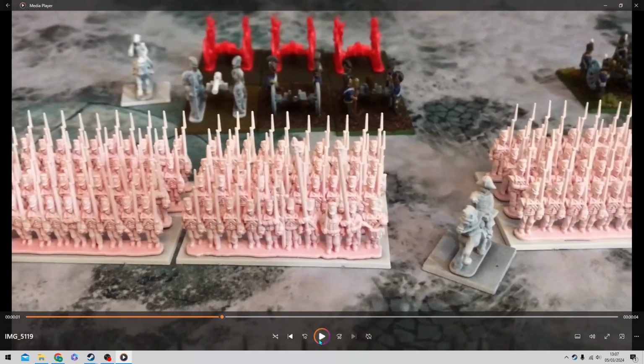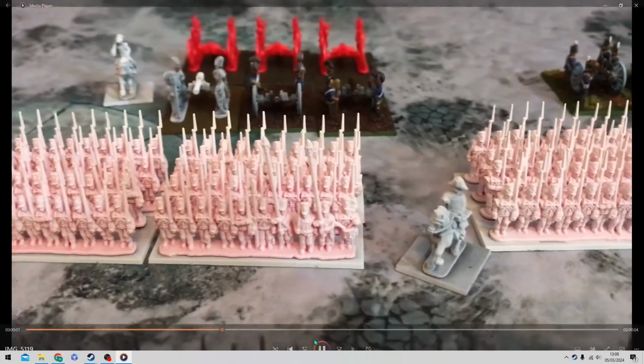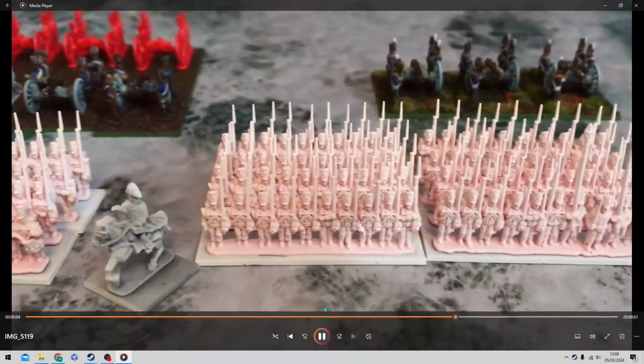And then what else we got? So these would be, I think, King's Guard, I want to say, Guards Brigade. So these will be a guard brigade, so 2 units of 4 guard brigades with again a strategy 8 commander,